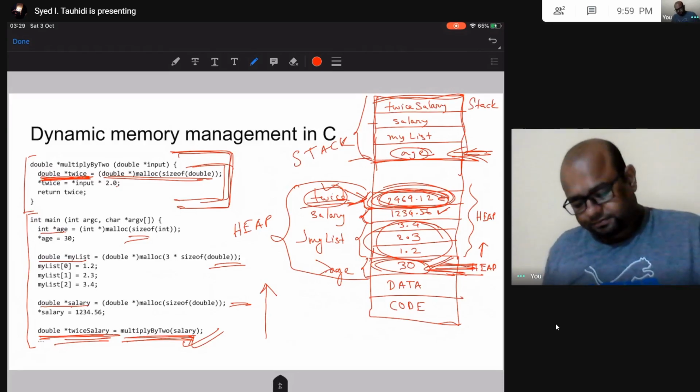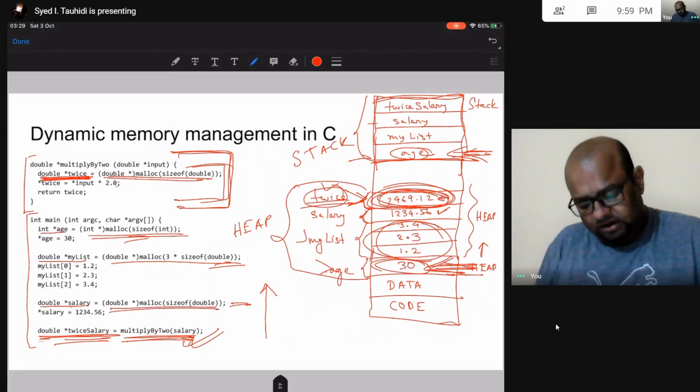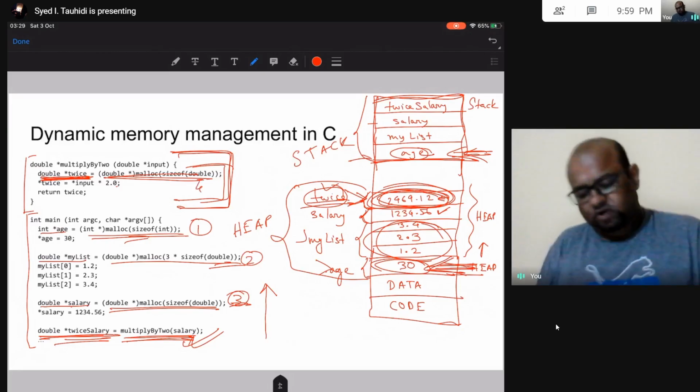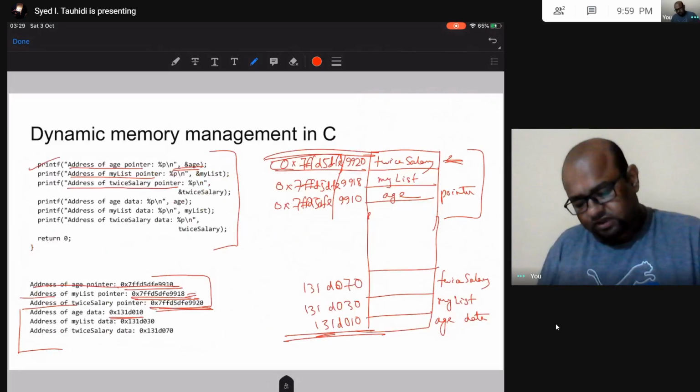On the other hand, as I am allocating this memory in the heap, this is the first memory that is allocated in the heap, this is the second, this is the third, and this is the fourth memory. But then I forgot to print the address of salary.